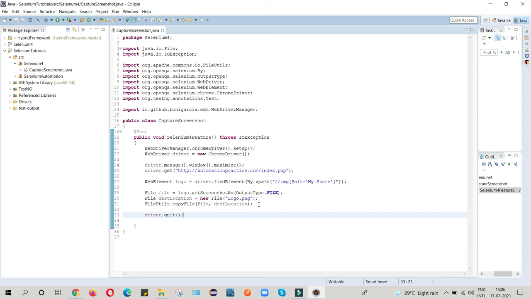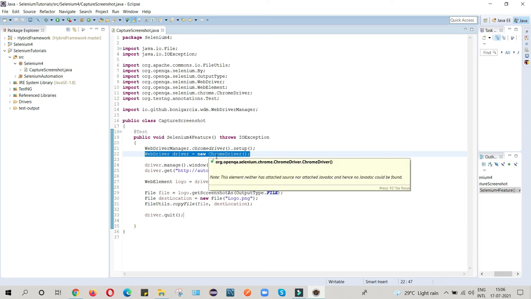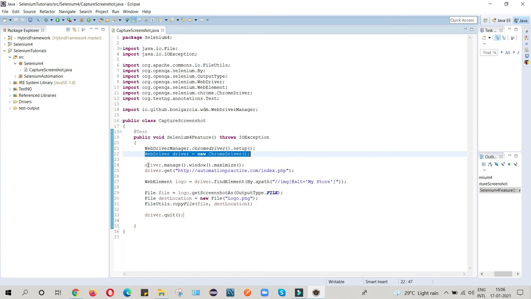Everything is done. So the activity we have done till now is that we initialized WebDriverManager and the ChromeDriver, because we are going to open everything in Chrome. Here I maximized my window and provided the application URL. Whatever image we are going to capture, we provide the locator.